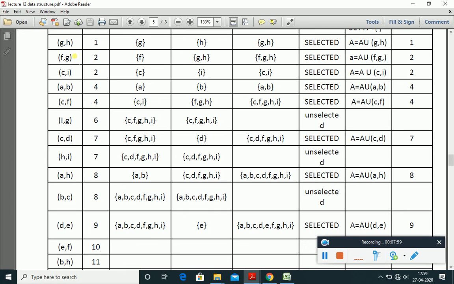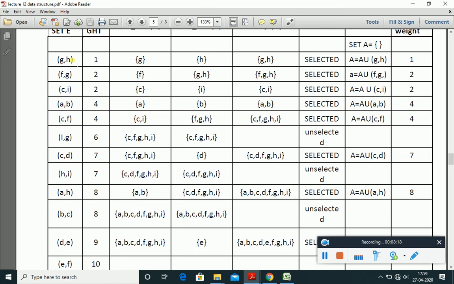Two different students can have two different answers, but the total of the minimum spanning tree will remain the same. If you write CI before FG, the answer may be different, but the resultant value of both spanning trees will be the same. So which edge do we need to select first? The first edge we can select without any doubt because it cannot make a cycle. And the second edge we can also select without any thinking, because two edges cannot make a cycle.